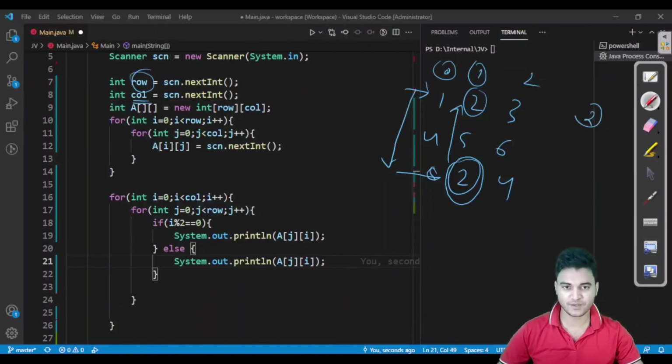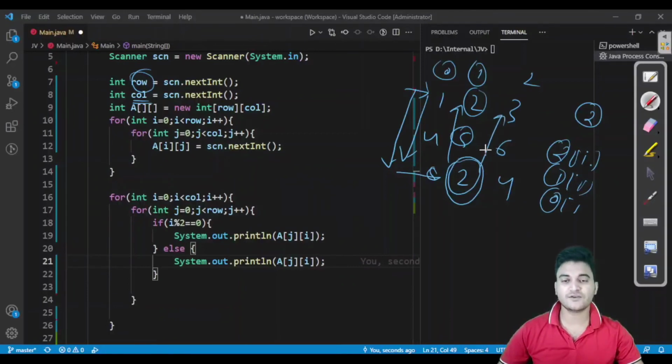Let us say we have 2, so row would be 3 here, 2 of 1, so it would print this one, and now we have to print 1 of 1, and here we have to print 0 of 1. Like we have to decrease this row, and here we were increasing the row. So for that, what we can write, let us say I have a row size into row variable, and if I minus the 1 from here, so what it would do, let us say row was 3 and this is 1, so it would give me 2. Fine. Which is nothing but the last element.